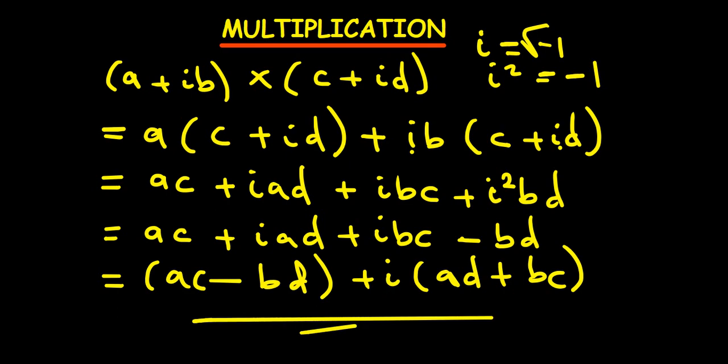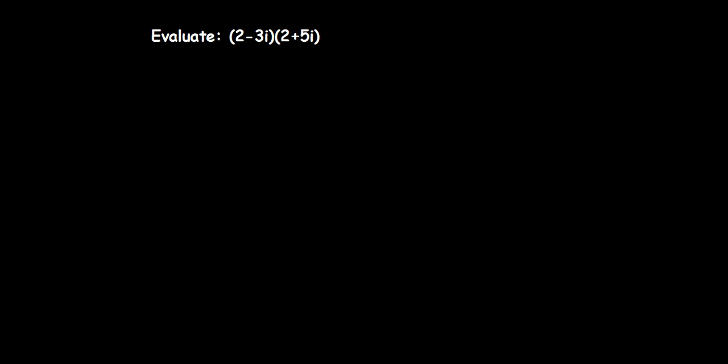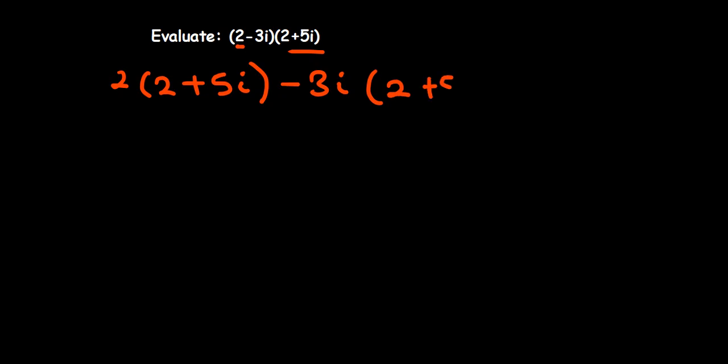So let us look at an example. We have this question here, so how are we going to evaluate that? So we multiply, so 2 will be outside first, then the whole of the second part, which is 2 plus 5i, then I close like that. Then the second part is negative 3i multiplying that, which is 2 plus 5i. So this is going to be equal to 4 plus 10i